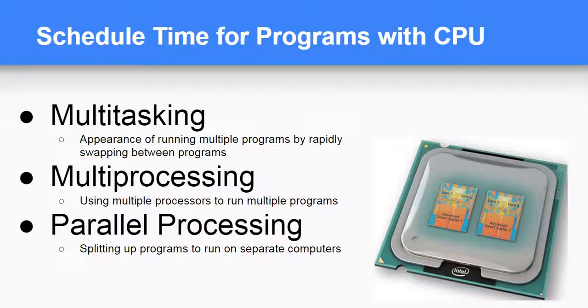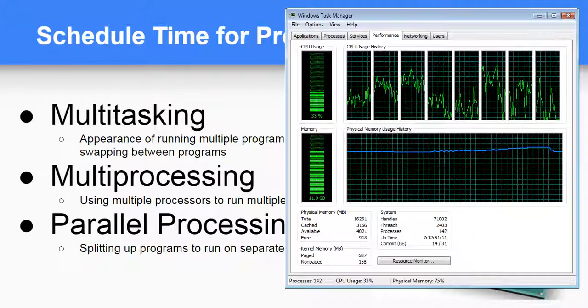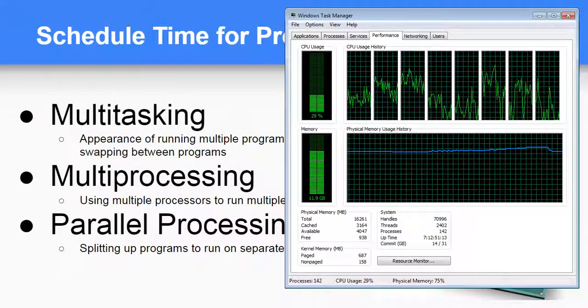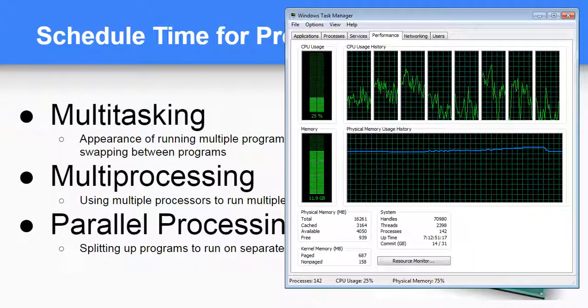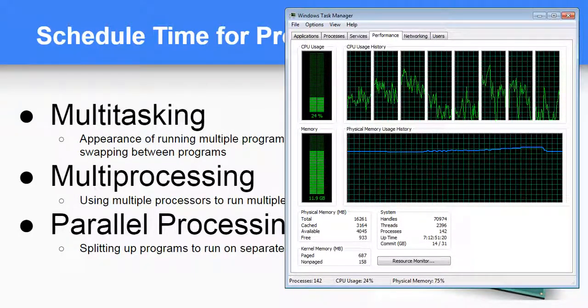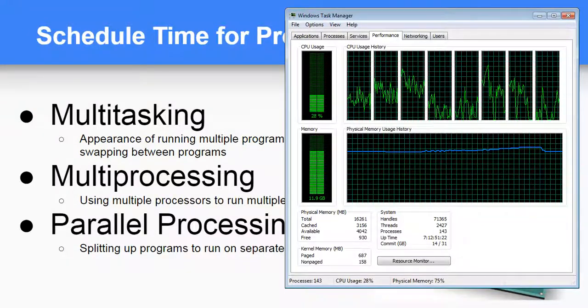I'm going to stop the video here because I'm going to go back in the next video and talk a little bit more about, well, I kind of just did talk about multiprocessing. That's showing the eight CPUs there, the 8 cores. That's an example of multiprocessing. Parallel processing, I'm going to save for the next video because I have an example of how that's going to work. I think it's an interesting